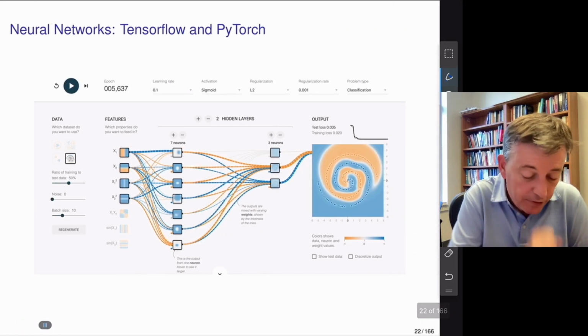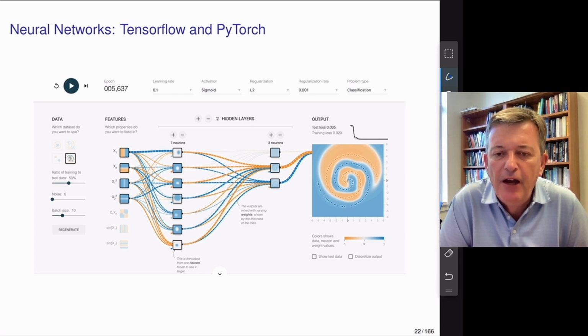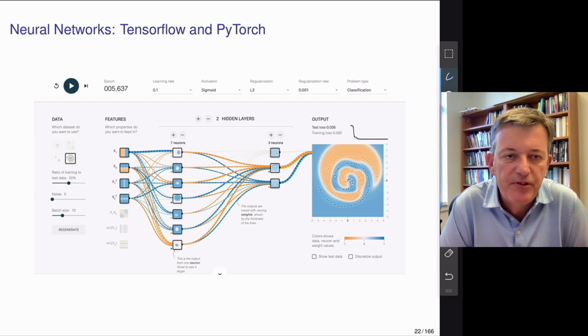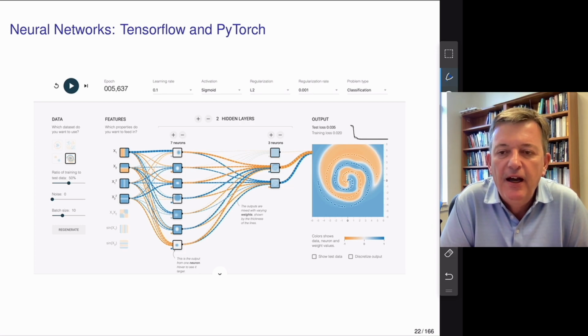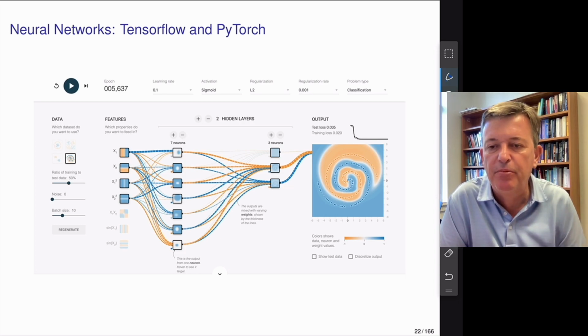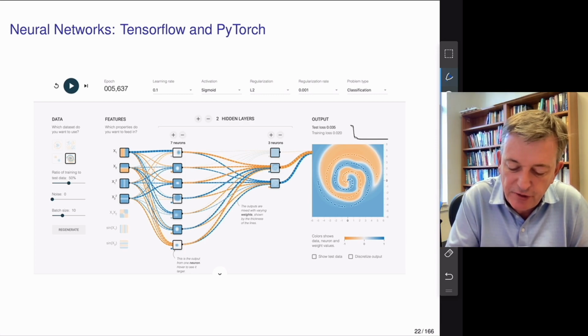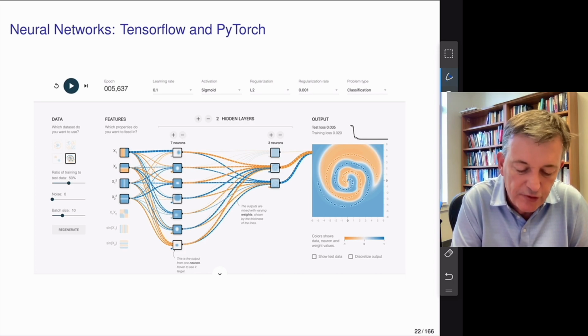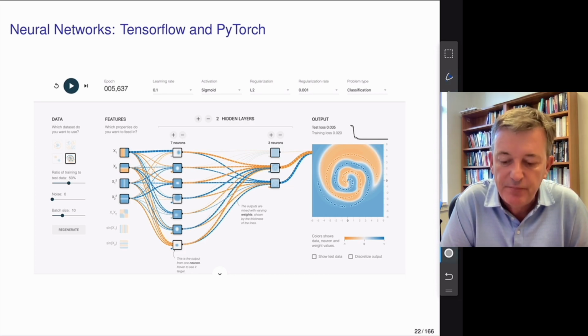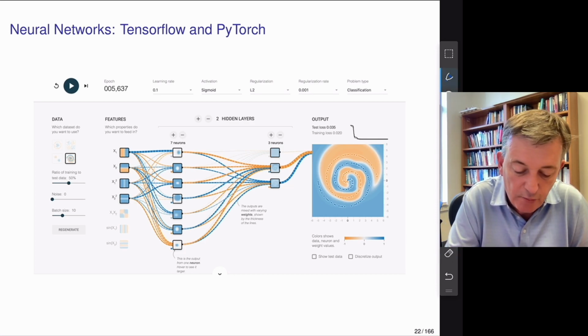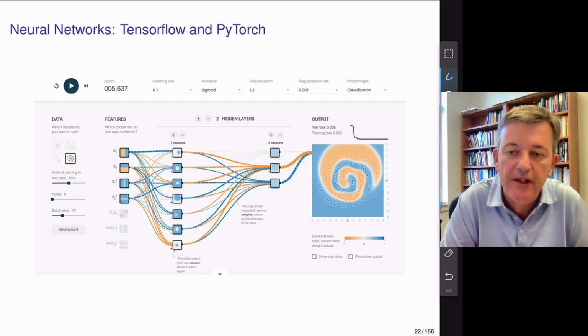Okay, how do you play with these neural networks? Well, there's a nice website. If you go to the link, the two main computer programs are PyTorch and TensorFlow. And the idea is you get given an image, like a curly image of dots, and you somehow have to pattern match that. And it gives you the option of how many neurons, or how many terms at each layer, or how many layers you have. And you just play around with the inputs here. You let the deep learning algorithm run, and you just see whether you can